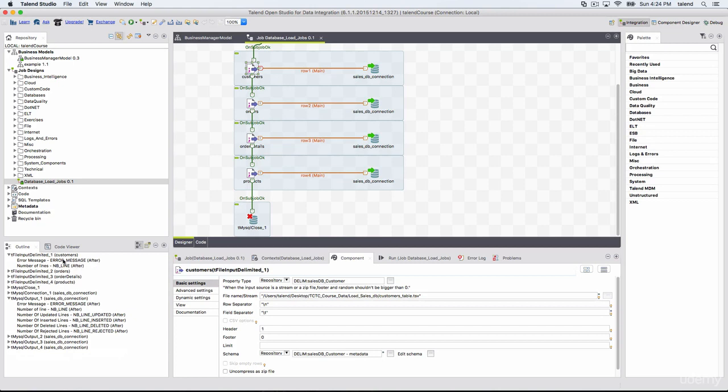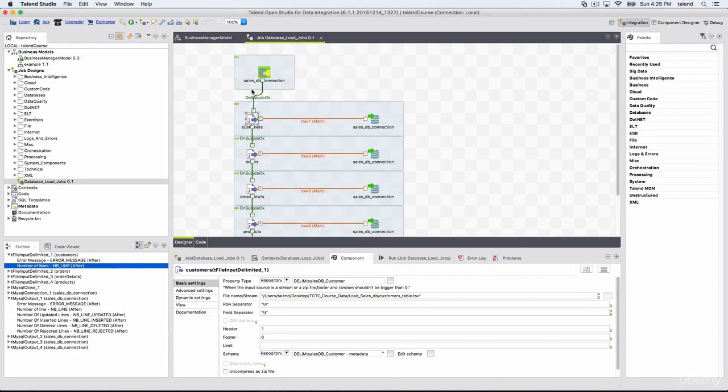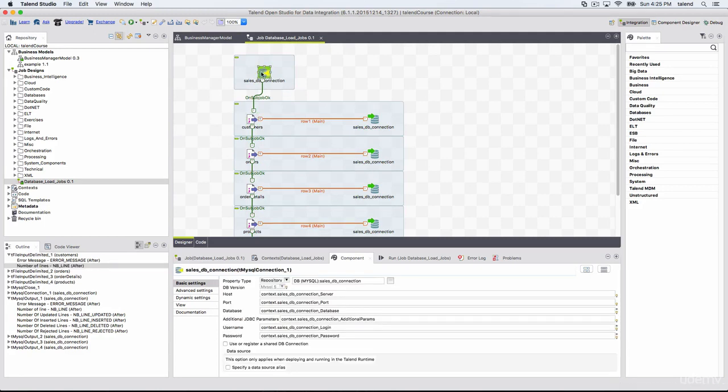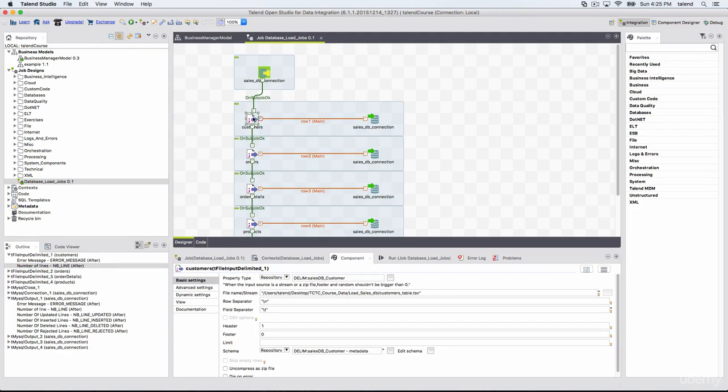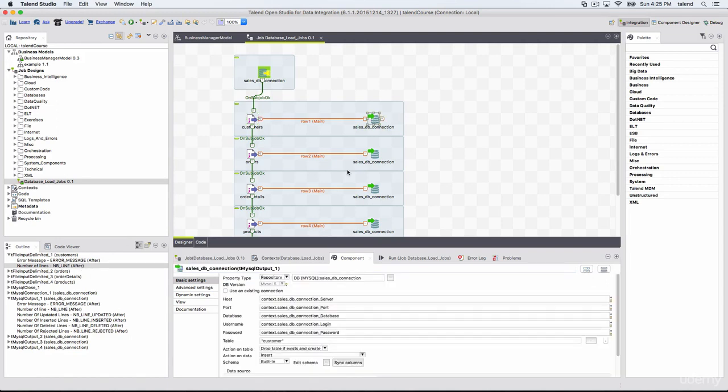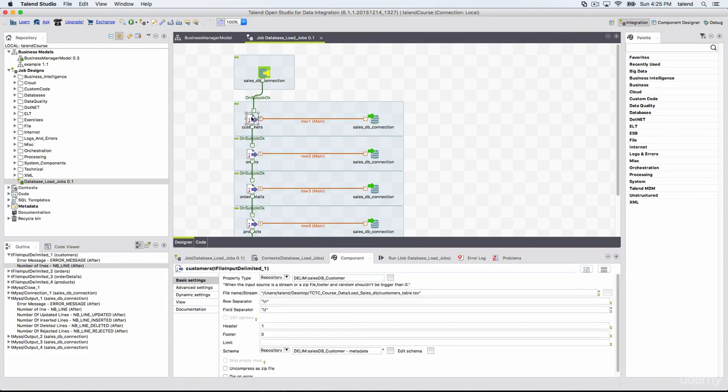After means you can only use this global variable after you finish this particular component. You cannot use it before that. For example, if you want to find the number of lines this particular component read and use that variable in this one, you cannot, because you haven't yet run this component, so how will you know the total number of lines read? After means you can only use it in a later component, to find the number of lines this one read.